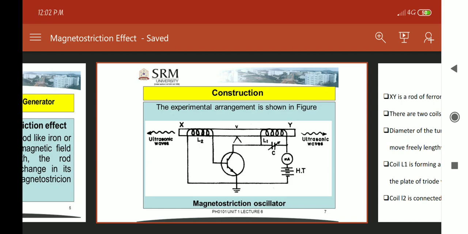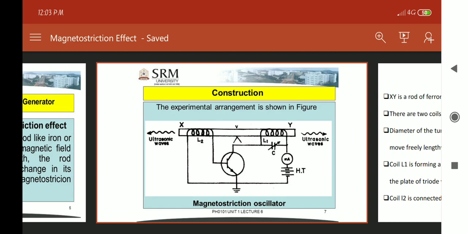This induced EMF modifies the grid potential and produces an amplified current in the circuit and in the coil L1. In this way the oscillations of the rod are maintained. The variable capacitor C is adjusted in such a way that the maximum alterations are produced.